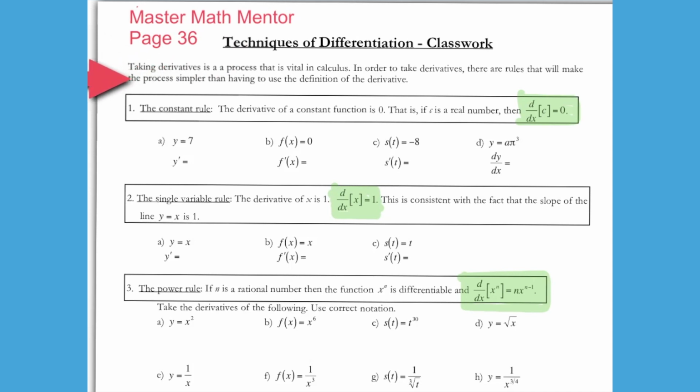And he goes through and talks to you about the rules that we kind of already know, in that the derivative of a constant is a constant, right there. And the derivative, excuse me, of y equals x is 1. And remember we talked about